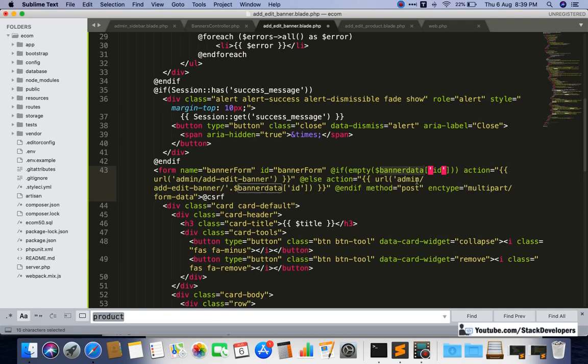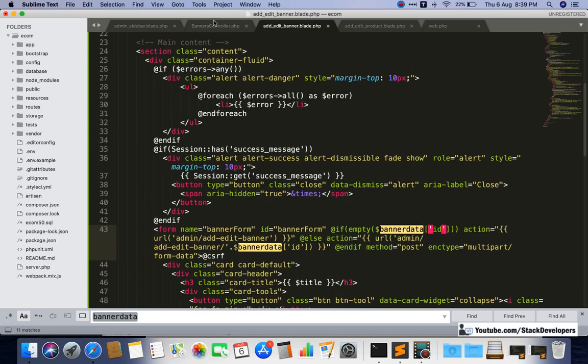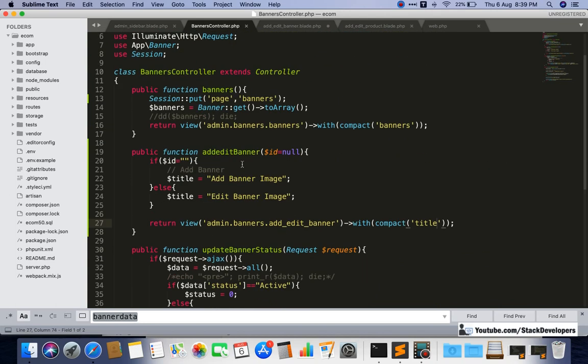And here in place of banner data, we also need to replace, but first of all we will add here. You can see here we have done add edit banner code, and here we need to add, if we will add a new banner, then what we will do for adding the new banner, we know what we need to do at that time.